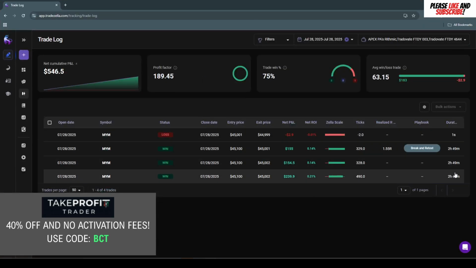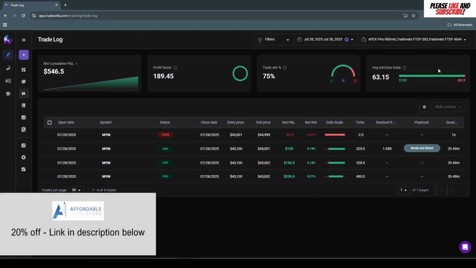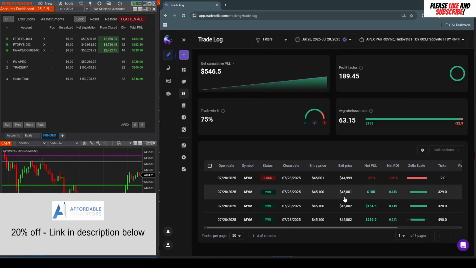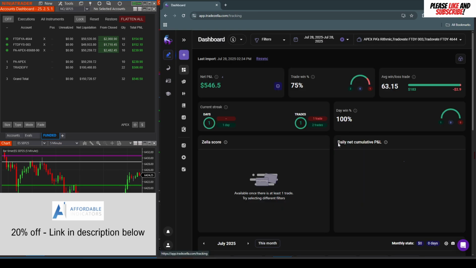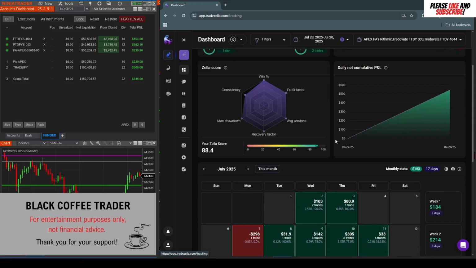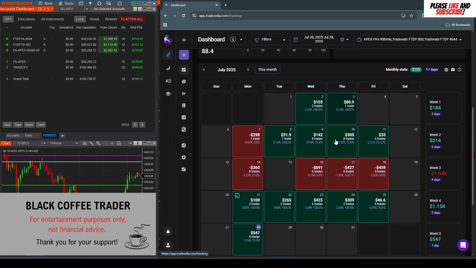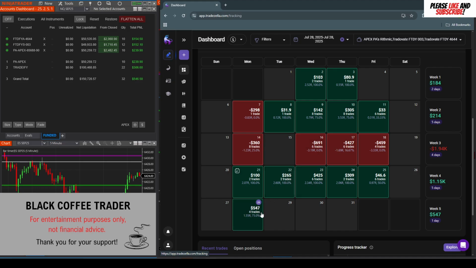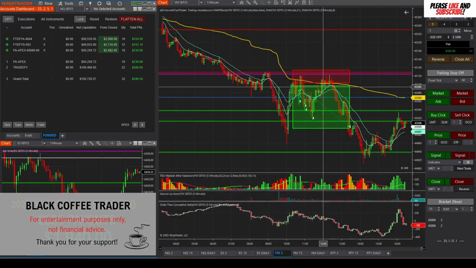There we go, 2 hours and 49 minutes actually. So almost 3 hours that we were sitting in that trade. But anyway, good trade. One and done. And honestly, I'm really starting to like this 1 to 2 trades a day. I'm really just finding my setup and then taking the shot. So very happy with it. Good day, good start to the week once again. Love that. Let's keep this green thing rolling.